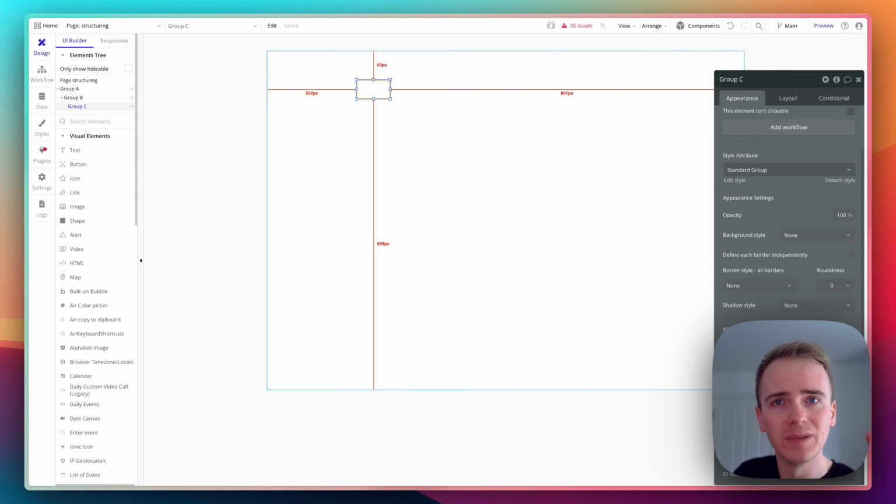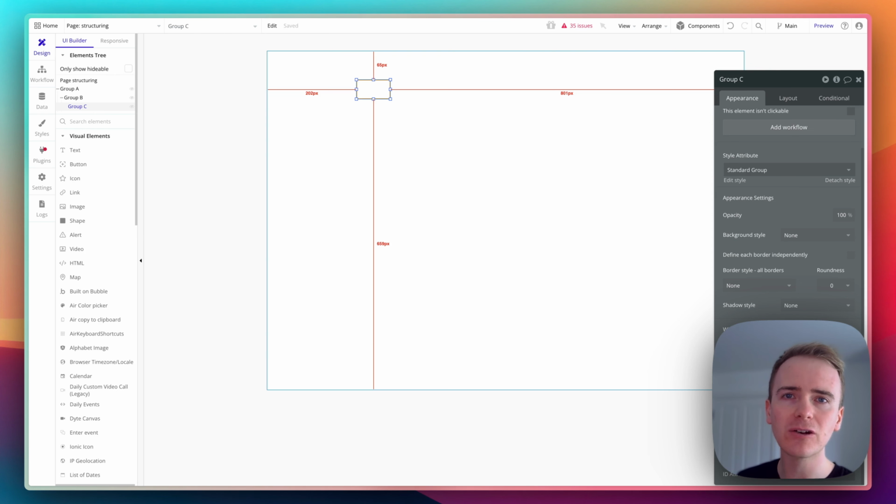Now, my fifth point is going to be an exception to this, which is make good use of reusable elements. I've just done a video in the last few days about how reusable elements have been made more powerful, because now you can pass data into a reusable element and you can pass data out of a reusable element. So a good example of a reusable element would be something like a nav bar, or you can have that across the top, or you can have it down the side. And if there are any workflows that you need to run on more than one page and they're basically identical apart from the data that's going into them, then you could put that workflow in that nav bar as a